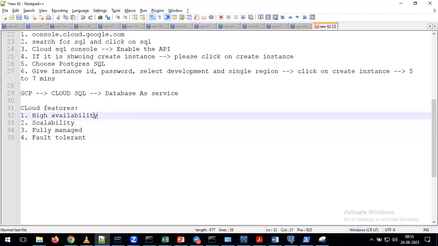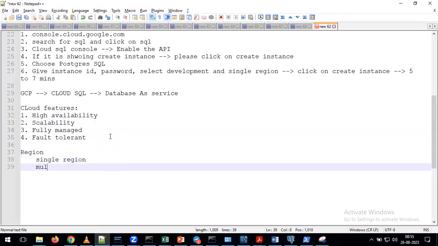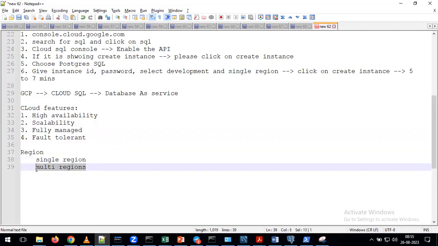What is meant by high availability? If you remember, when we were creating the Postgres instance, it asked us to choose the region. There we had the options of single region and multi-region. With a single region, what do we get, high availability or low availability? We get low availability. But if we select multi-region, what will happen? We get high availability.